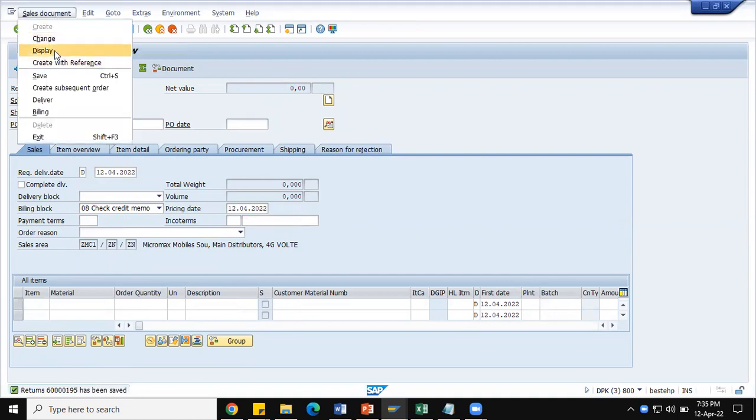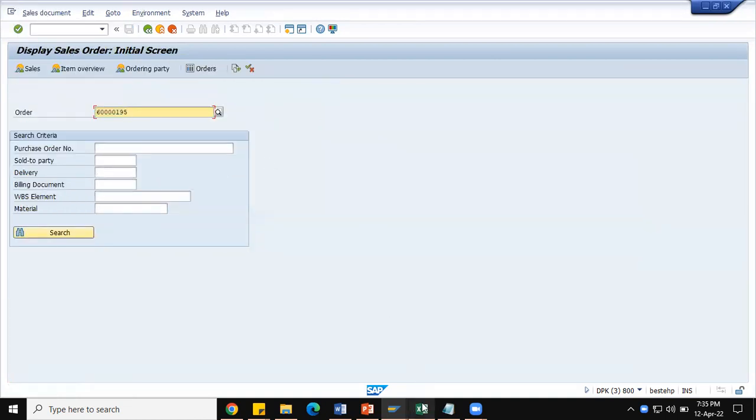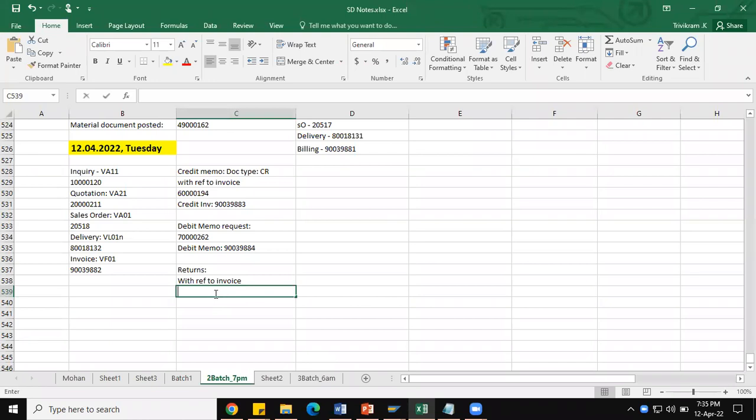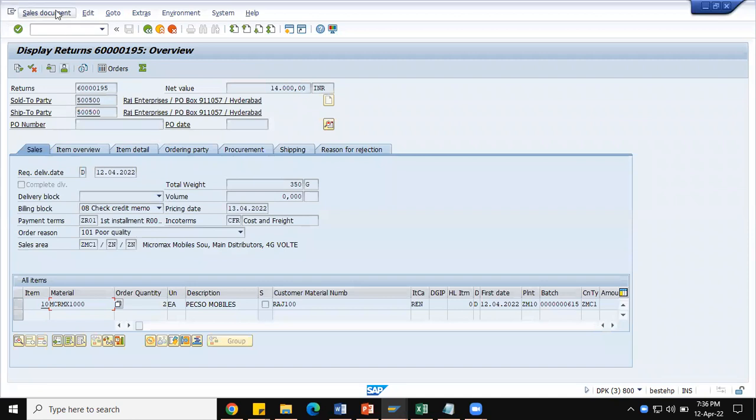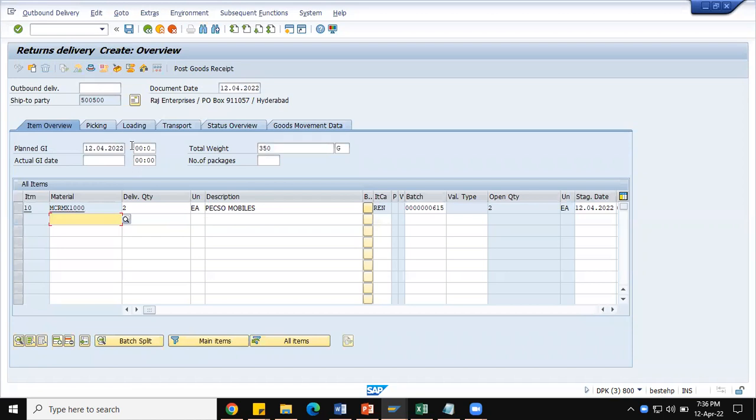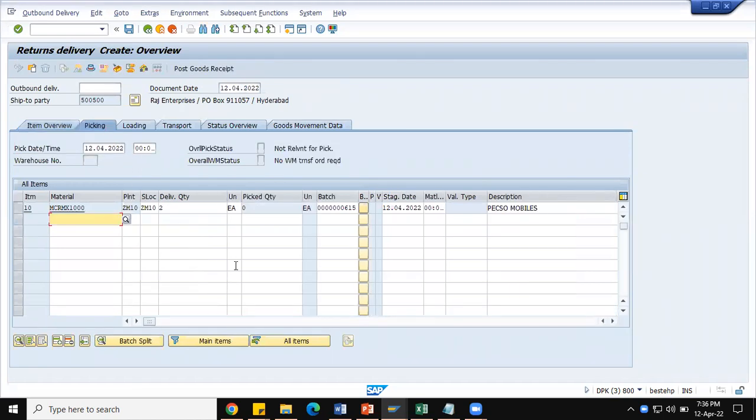So returns order. We have created the returns order. For returns, we have to take back the goods. So with reference to returns, we have to create a delivery. So that is inbound delivery. Post goods receipt will happen. Go to delivery. So 2 units picking. See, earlier we have given the batch number, whereas we have created the returns order, and